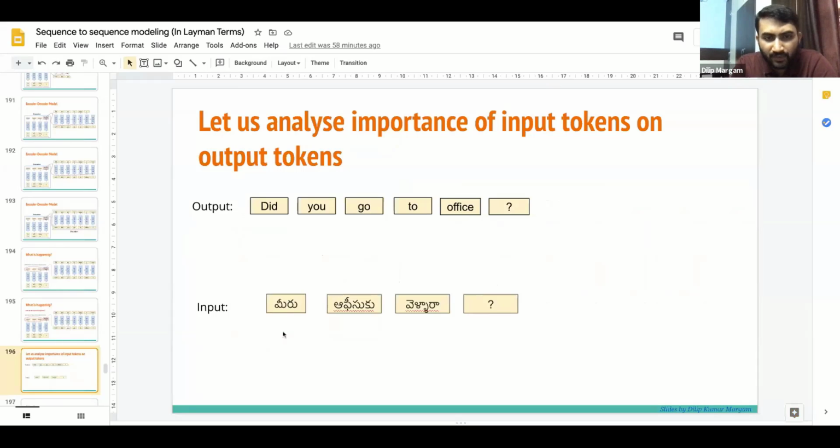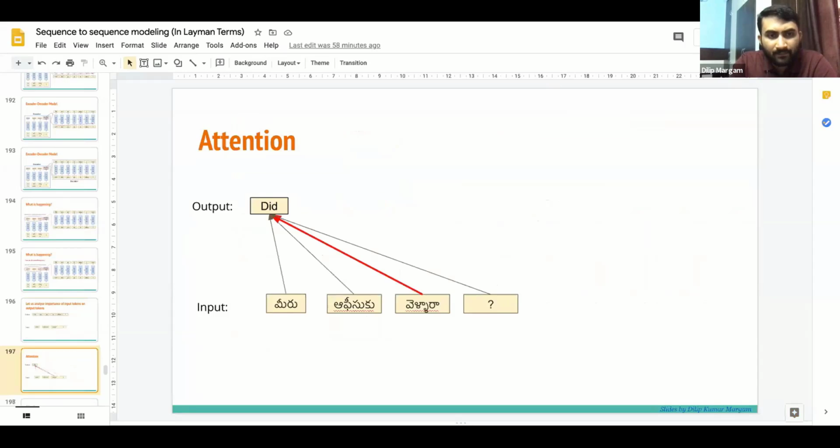We have the input మీరు office కి వెళ్ళారా, and the output is did you go to office. Let's analyze which token depends on which input. Did is a verb in the past, so did mostly depends on the input word vellara.